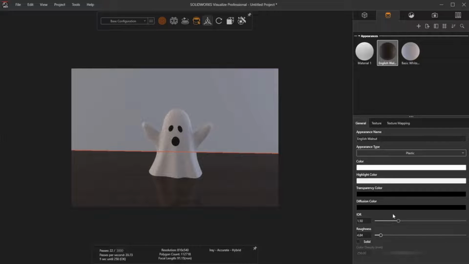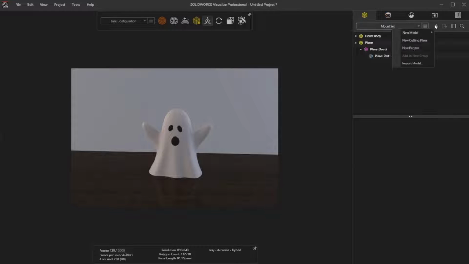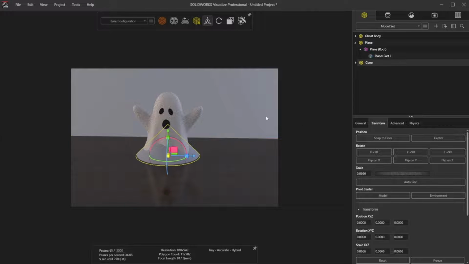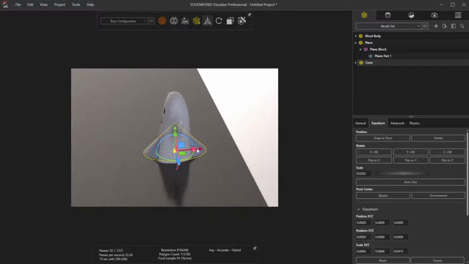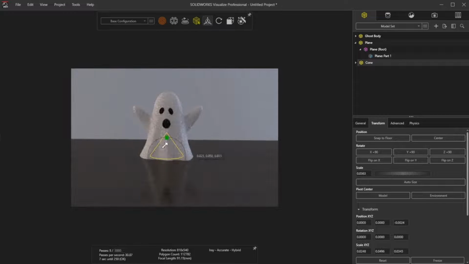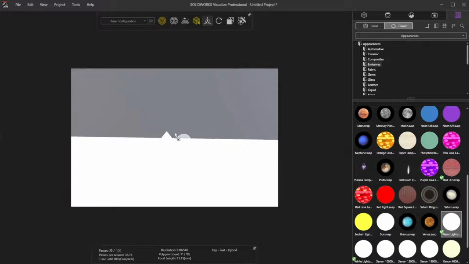I started adjusting some of the settings for the wood appearance to see how I like the reflection of the model coming off of that. I also inserted this cone model. My goal with this was to have it sit fully inside of the ghost, and I'm planning to apply an emissive appearance to it so that it's kind of like a candle, or maybe an electric candle, battery powered in